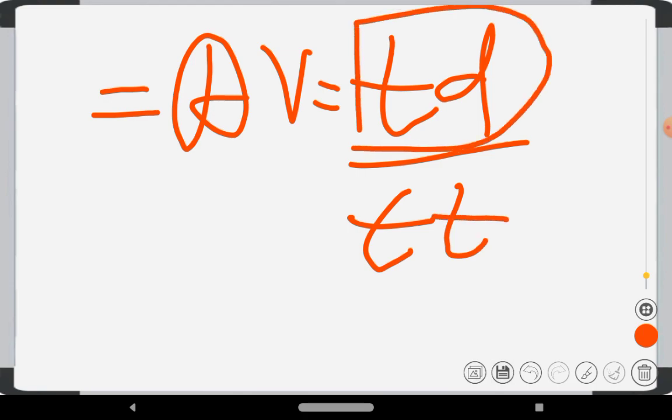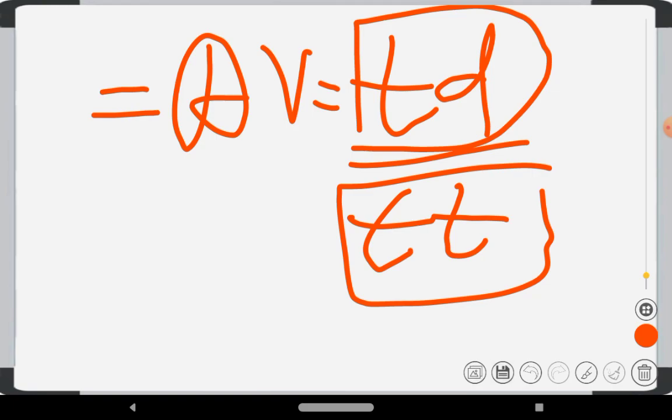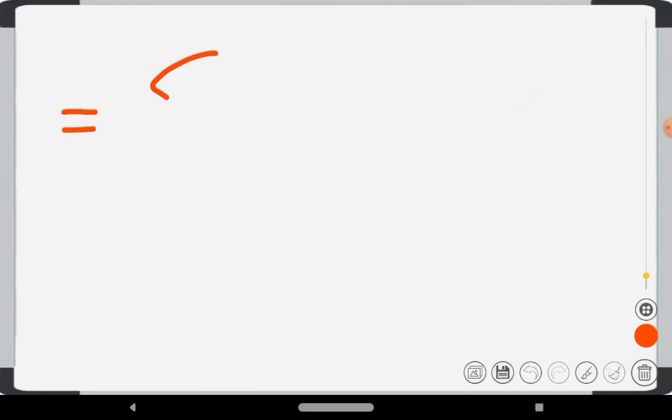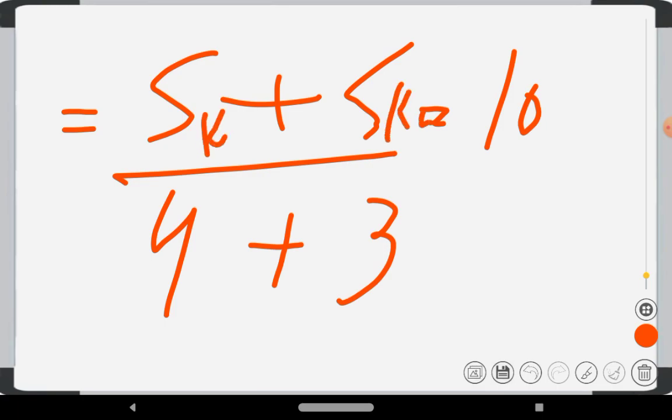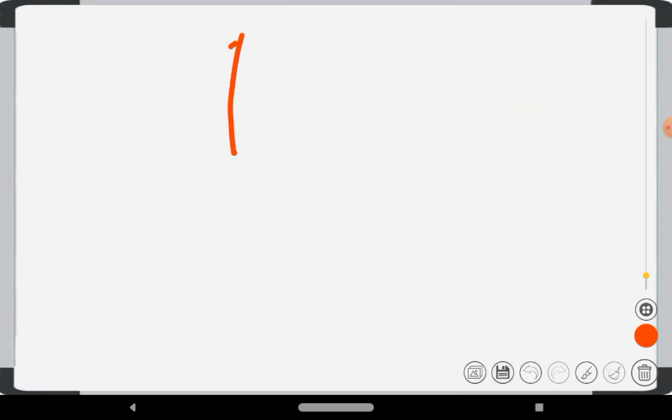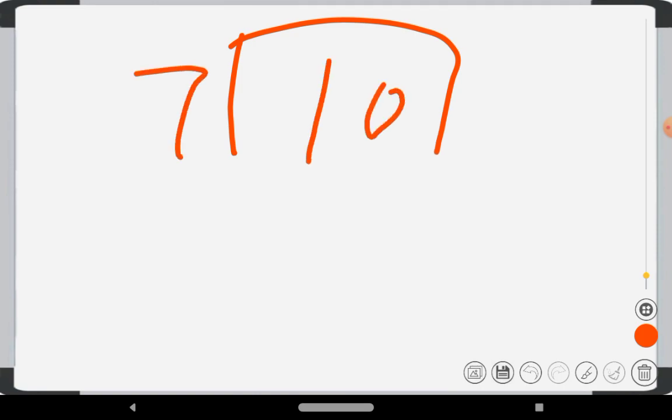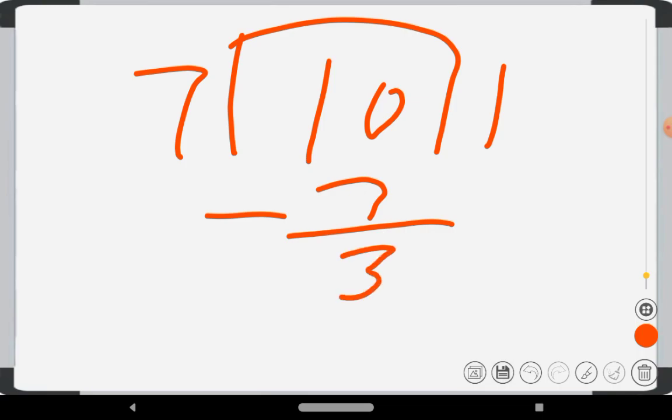This is the easy method to learn it. TD means total distance and TT means total time, and total distance is 5 plus 5 kilometers, which is equal to 10 kilometers, and after that it is 4 minutes and 3 minutes. Don't forget to write the units: kilometers, minutes and minutes. So it will become 7, and then we will do our division. So the answer we will get will be